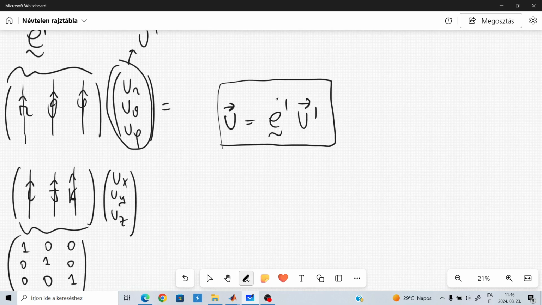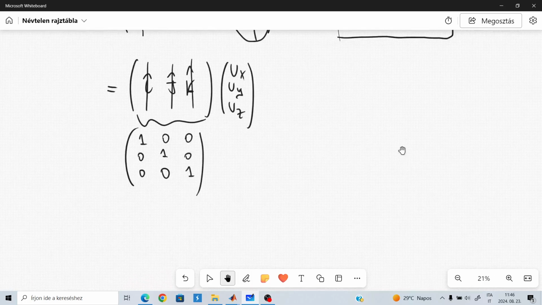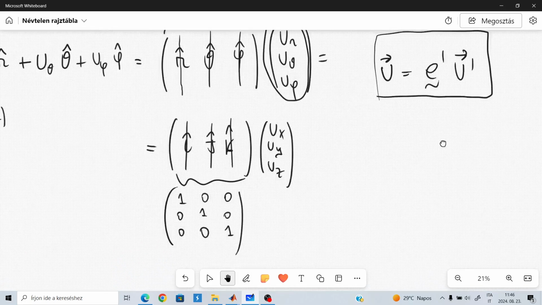So we need to find really these coordinates here. This vector U prime will be considered as a function of r, theta, and phi. And when you make this switch, you can express the coordinates ux, uy, uz in terms of ur, u theta, and u phi. Once you do that, basically you can substitute this formula